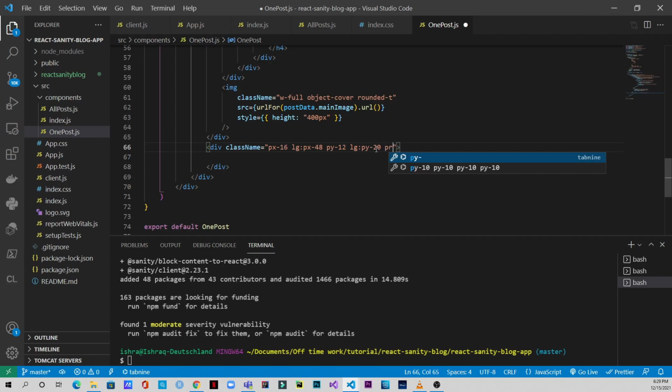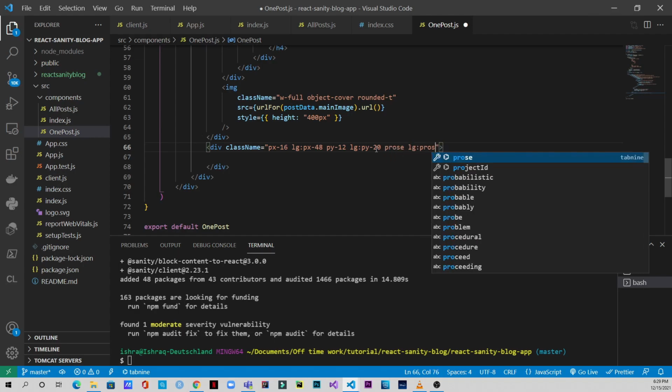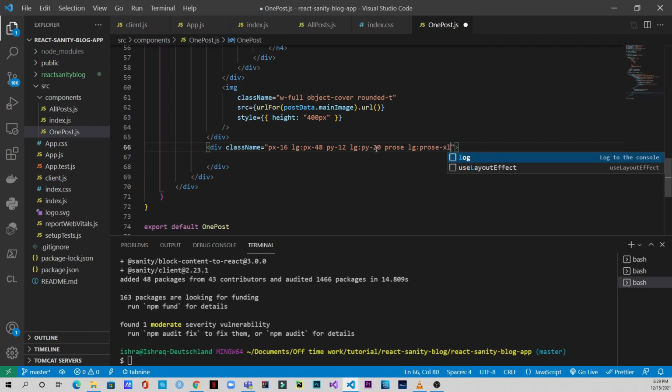Then we have rows, lg rows to be xl, max width full. Okay, so inside this div,